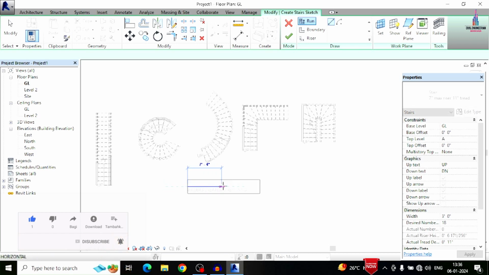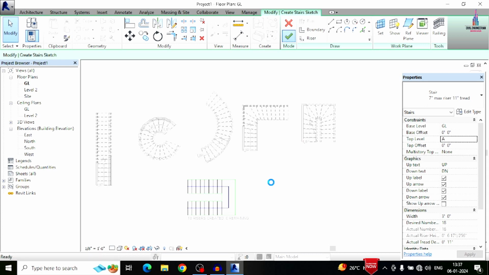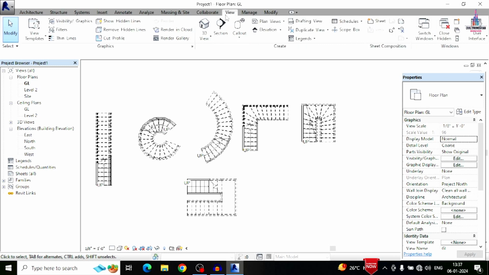Just I am drawing here, which is having 7 feet 0 inches like this. Again in the same process I am drawing from the location here like this. Let us consider. Click on the right mark option. Now you can see it will draw your pattern here like this. In this way you can draw the U type of the staircase.